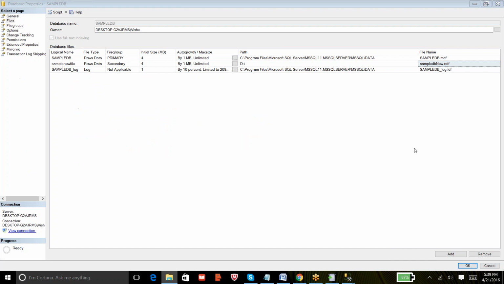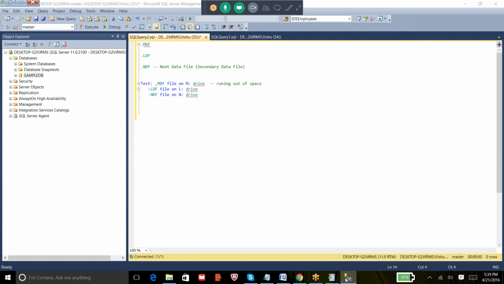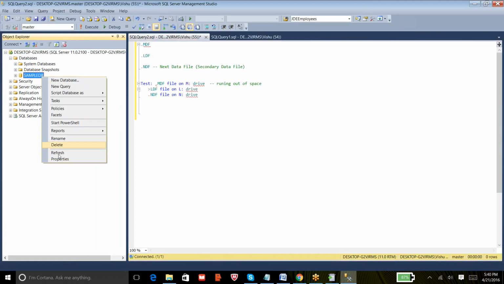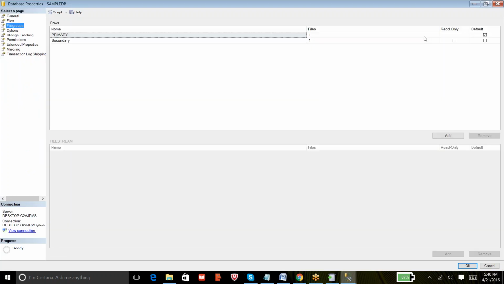Now how should I move the new table onto an NDF file? One way is, if you go to the properties of this database and then file groups, we have an option called default.